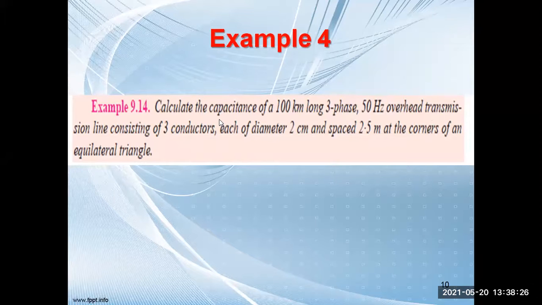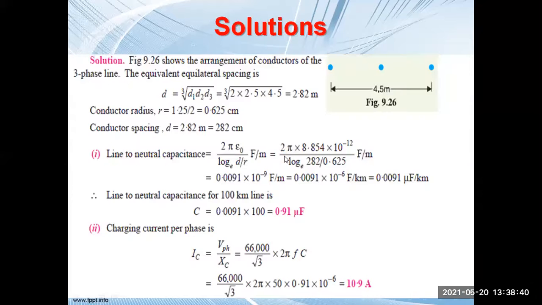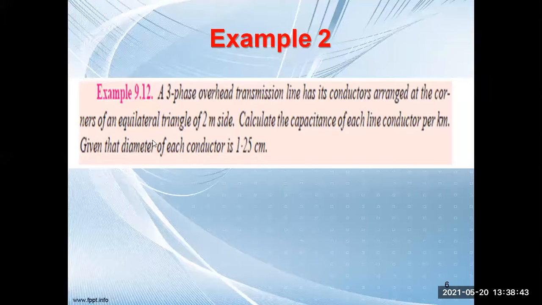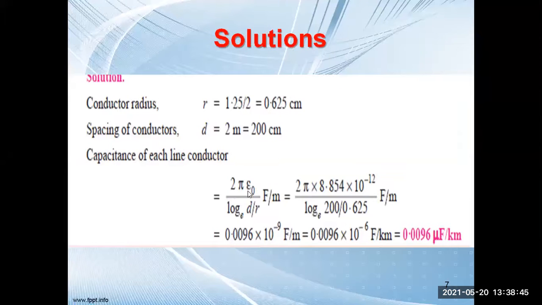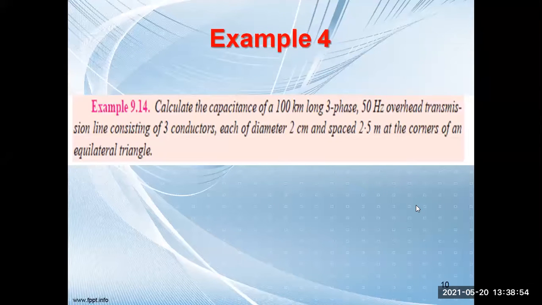Okay. Could you please do it? This particular problem is the equilateral triangle, which we have just solved. Which formula will you apply? 2 pi epsilon naught log of d by r. So you apply that formula for this particular problem. Will you be able to solve it? Yes or no? I'm trying, sir. Okay, fine. You do it.